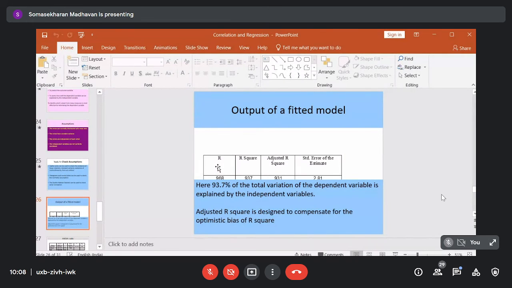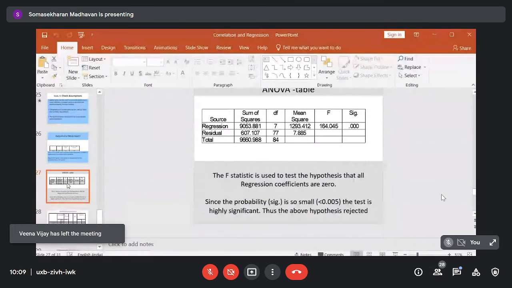And adjusted R squared is another measure because there is a problem in constructing the R square. If you increase the number of independent variables, arbitrarily this R squared will increase. But there will be a lot of data violations. So you can modify the R squared value by incorporating the number of variables accounted in the model. That modified measure is called adjusted R squared. It will be slightly less than R squared. It is 0.931. So if you choose this adjusted R squared, it will be 93.1% of the variation explained by the independent variables.